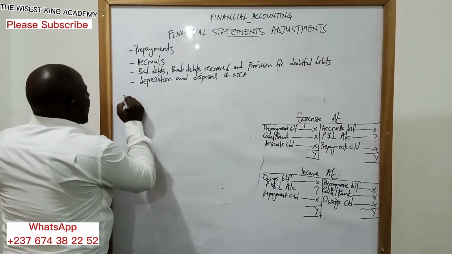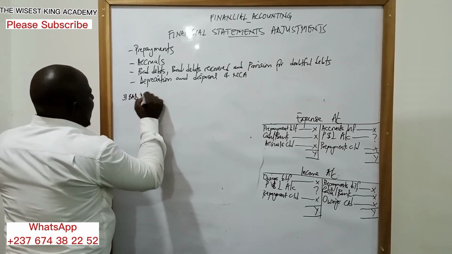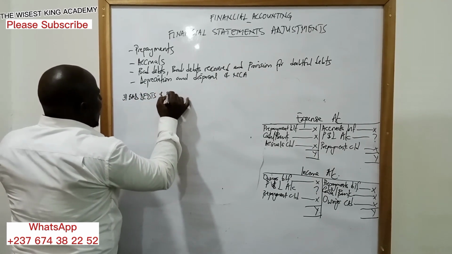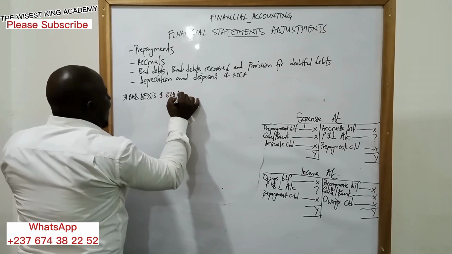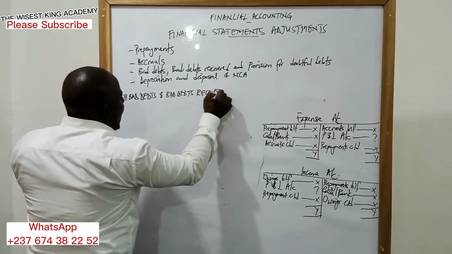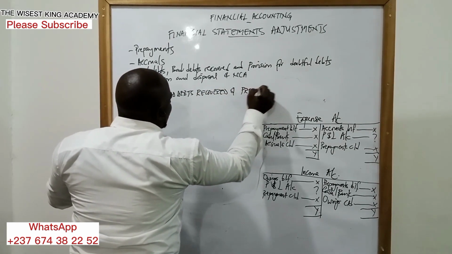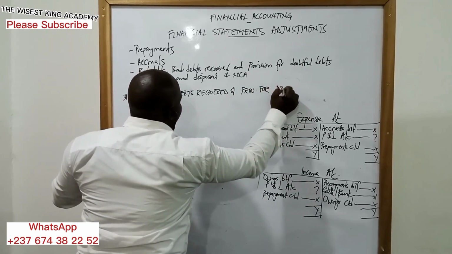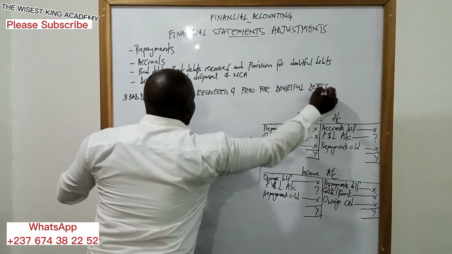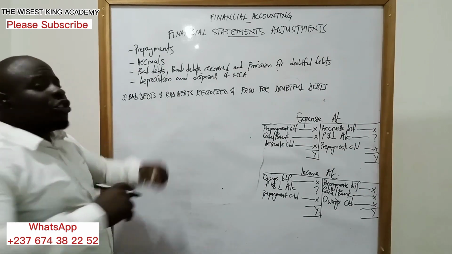Number three, we have bad debts. Bad debt, bad debt recovered, and provision for doubtful debt. Okay, like an introduction to this,